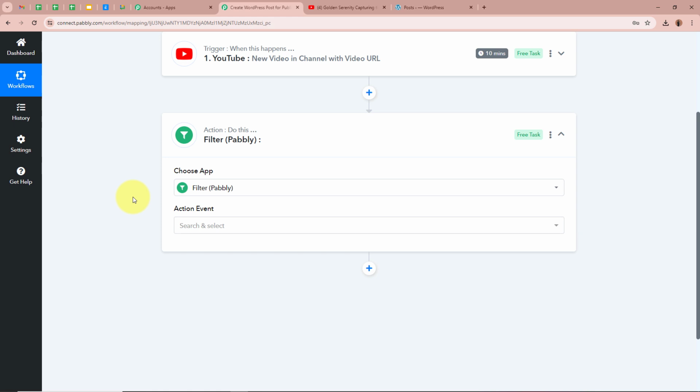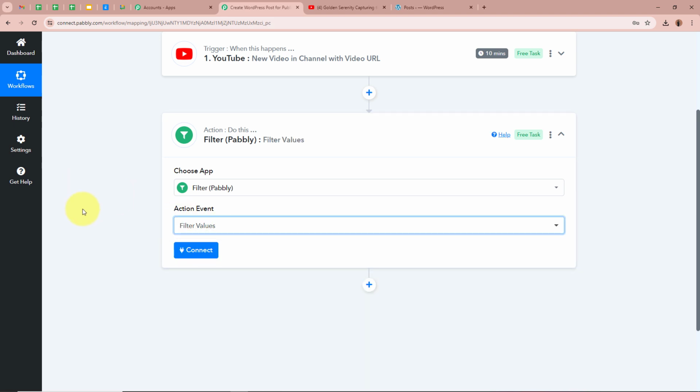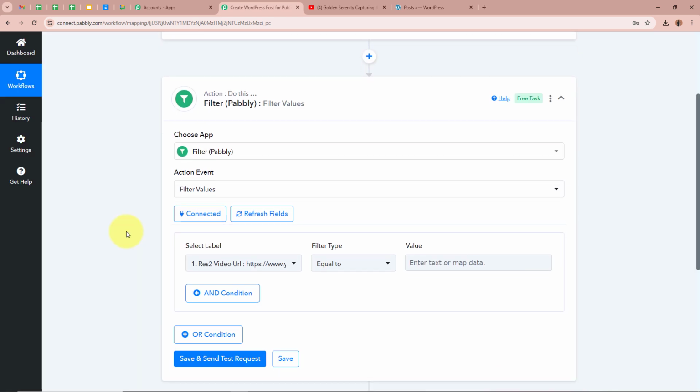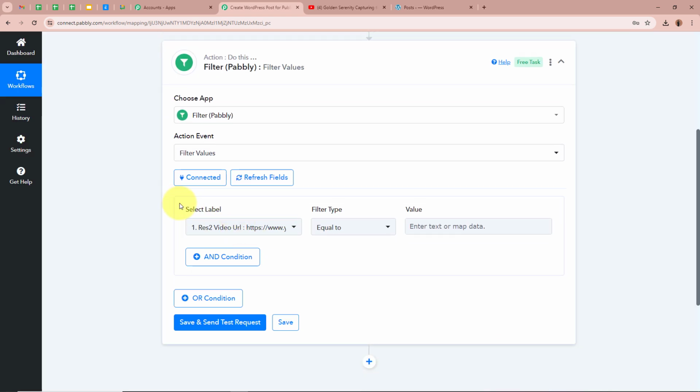It's a free task that we can filter the values with the help of this amazing feature. For the action event we're going to select filter values, and then we're going to click on connect. As we click on connect right over here, it is asking us for the select label, filter